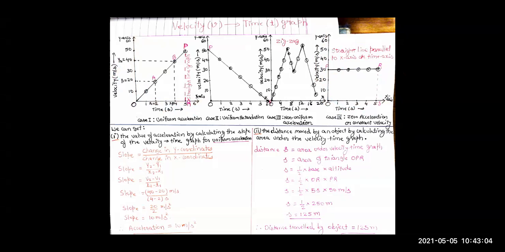Now, let's see for uniform acceleration. Let's see the graph of velocity time for uniform acceleration. Uniform acceleration means the change in velocity is equal in equal interval of time. Okay, so let's start. See, here at time t equal to 1 second, the velocity is 10 meter per second. Then at t equals to 2 seconds, the velocity is 20 meter per second. So there is an increase in the velocity by 10 meter per second, right? Velocity increased from 10 to 20.